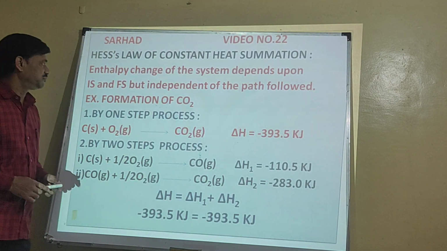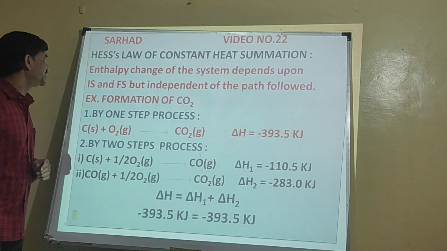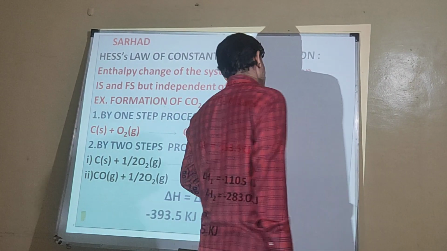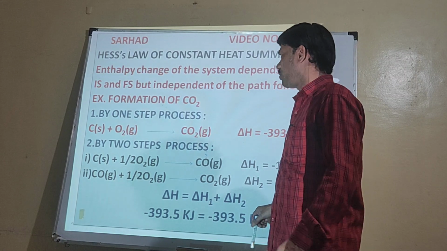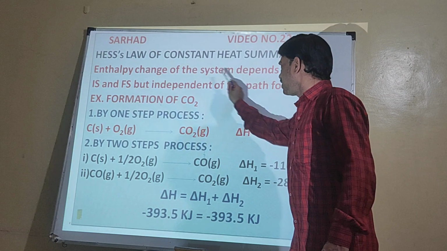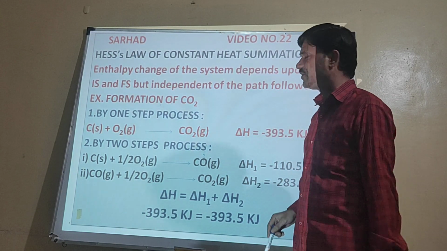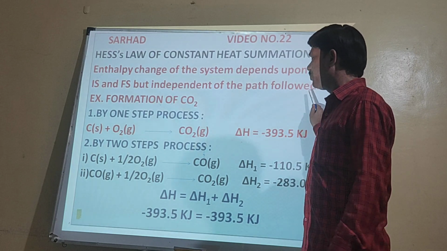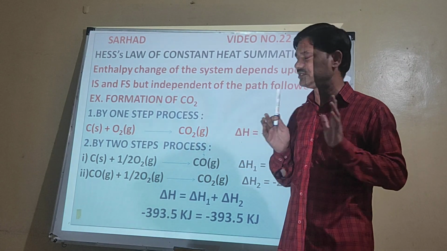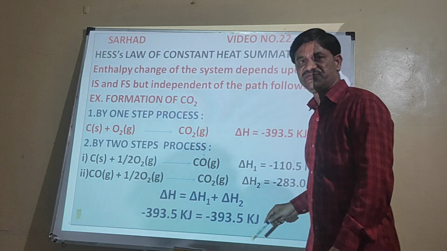Then a very important point from thermodynamics, for board preparation as well as MCQs and different numericals. What does Hess's law indicate? In the earlier part of thermodynamics, we discussed different properties of thermodynamics. Out of these, what is the first one? Enthalpy change of the system depends upon two states. Which ones? Initial state and final state. But it does not depend upon the path followed. So whatever path you use to reach from initial to final, that path is not important here. What is important here? What is the initial state? What is the final state?